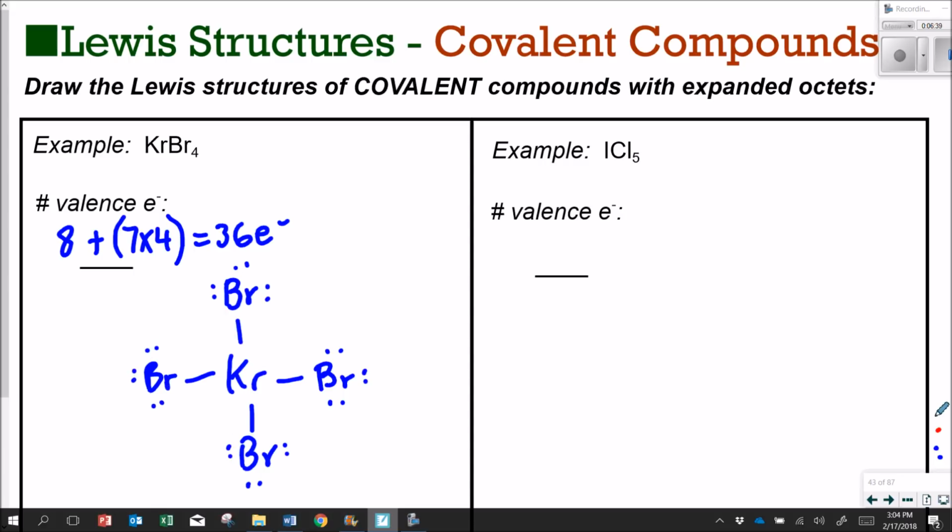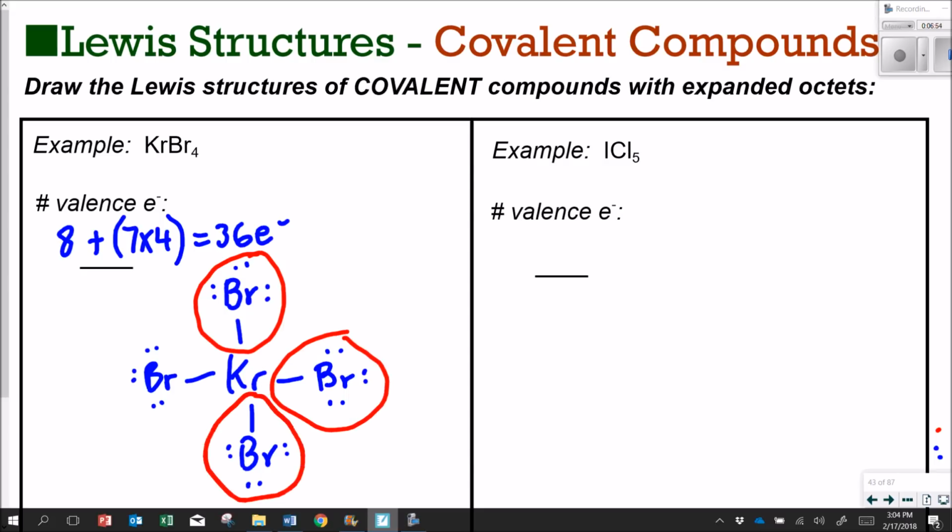When we count how many electrons we have used out of the 36 available around each bromine atom, we find that we have 8 plus 8 is 16. Plus another 8 is 24, and the last 8 is 32. So we have used up 32 electrons, but we said that we had 36 available, so we cannot throw 4